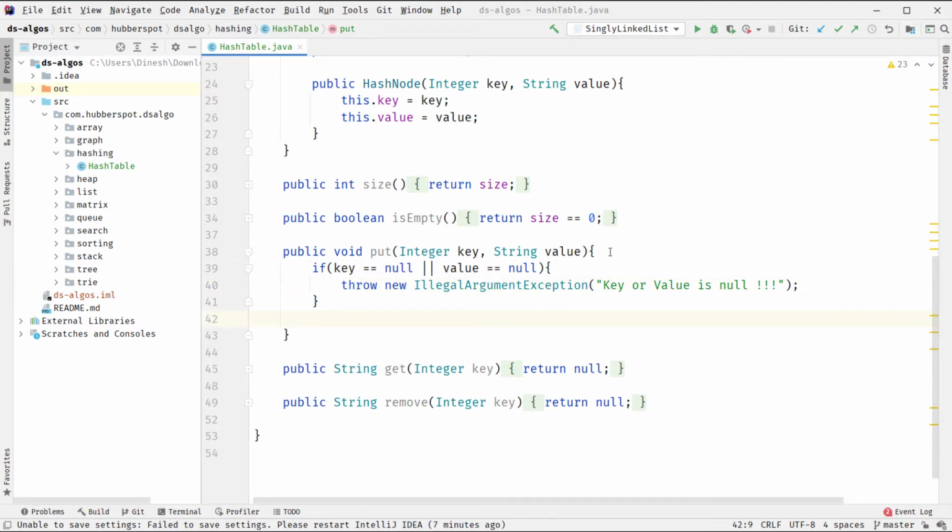Now here, in order to put this key value pair in our hash table, the first thing we do is we try to evaluate the bucket where we can put this key and value. So for that we will be using a modular hash function. Here we first evaluate the bucket index.